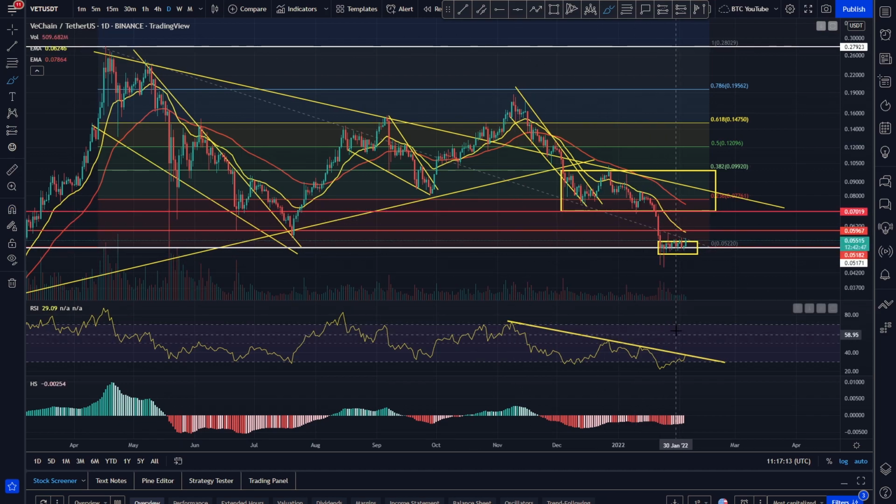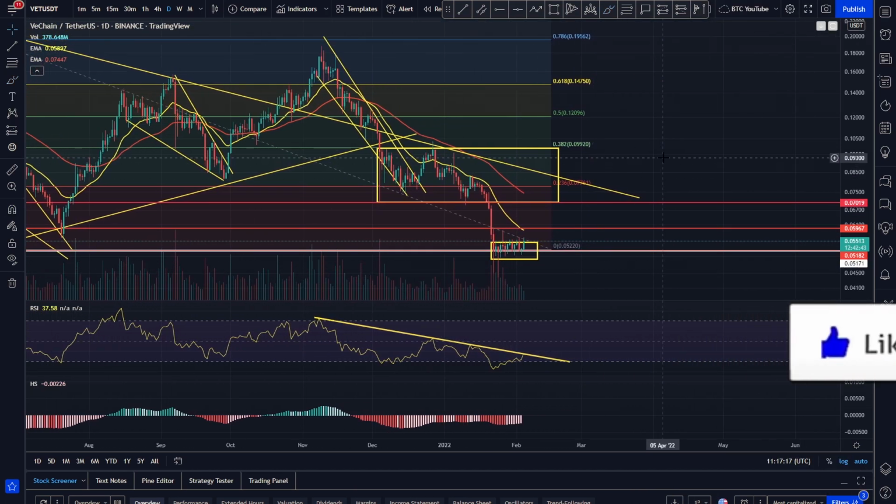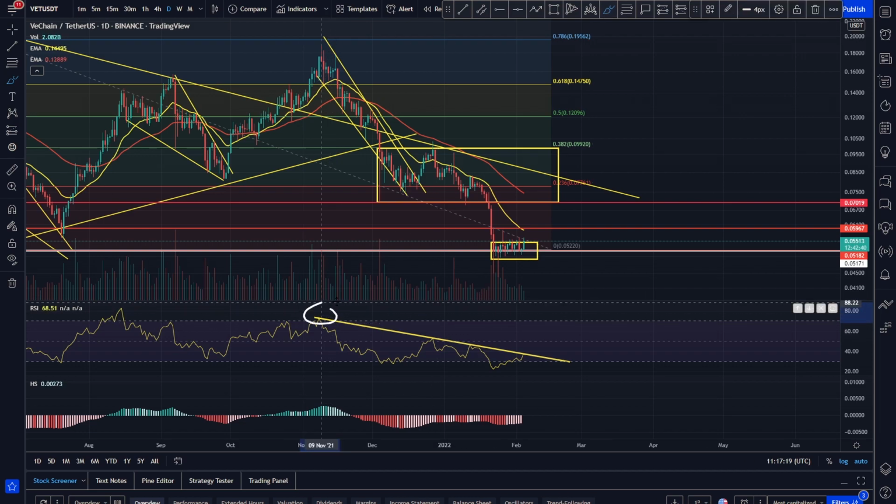Now looking like we're finally coming up and retesting that RSI, which we've seen for a few cryptos, but not all of them. You can see it here. Resistance, resistance, resistance, and now we're coming up retesting it again. And just like with Bitcoin, which has actually broken out and is currently back testing that level of RSI resistance, if we did see a little bit of a breakout here for Vechain and a back test of the RSI,